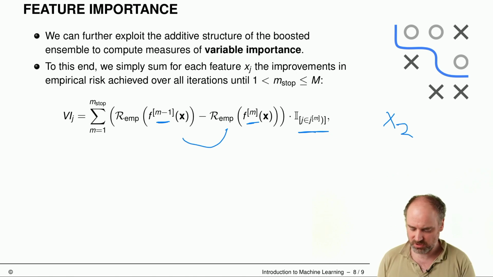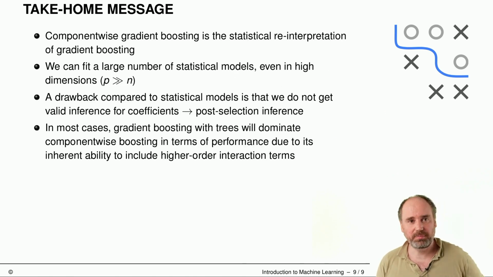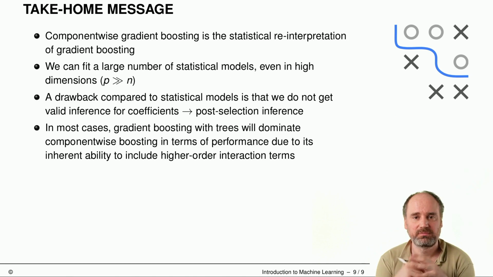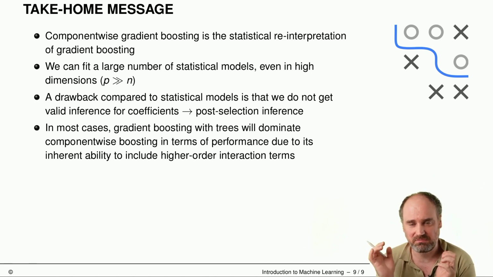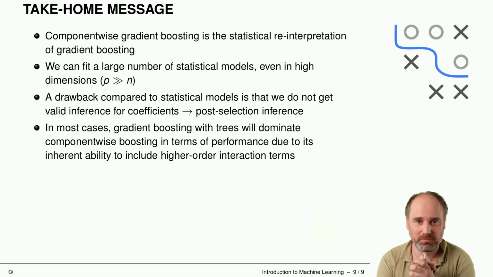of that feature's importance. Wrapping everything up, component-wise boosting is a statistical reinterpretation of gradient boosting. It's a pretty nice procedure to fit statistical models in quite high dimensions. So people also like using that in the p much larger than n scenario, exactly because of this sparseness property. And it's a feature selection property. We discussed that if you want to really do valid inference at the end for coefficients and so on, that can be a bit more complicated, or might have to resort to bootstrapping or more complicated stuff